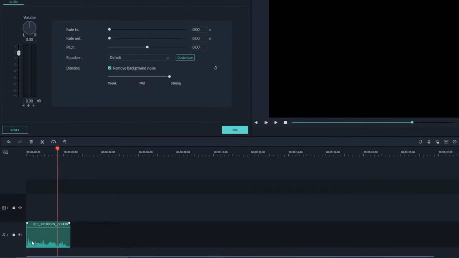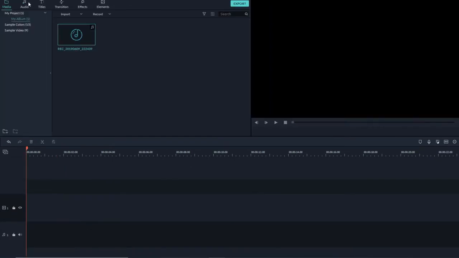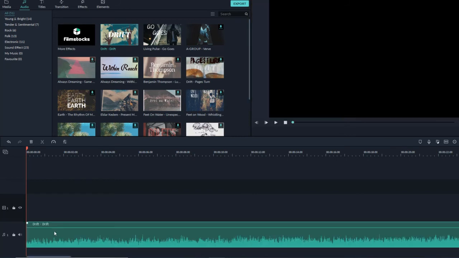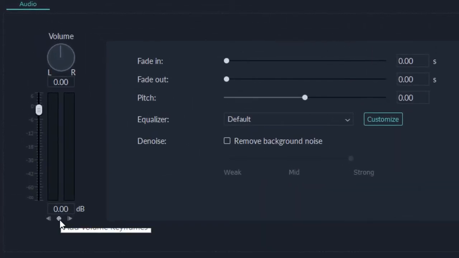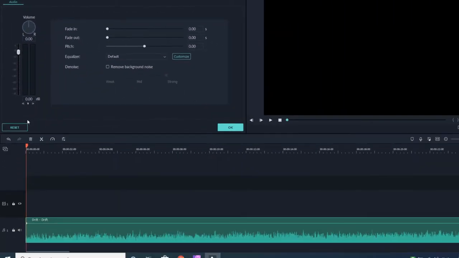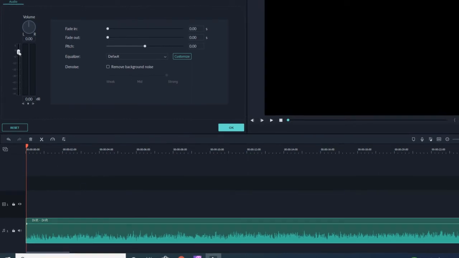I'll simply delete this track right now and import a music track. Now I'll play this music. Now I'll open the properties of this audio. I'll simply double click on it and you can see this thing here. Now I'll play this and click on this. For example, I'll move it till here and click on this keyframe. Once I click on it, when I play, I'll keep changing the volume and it will keep recording those changes. So let's start. I'll just play it.